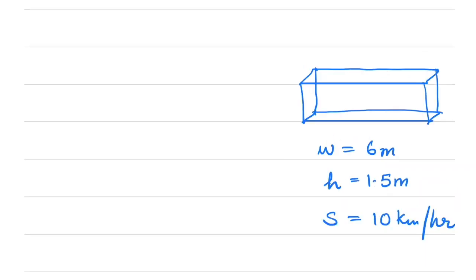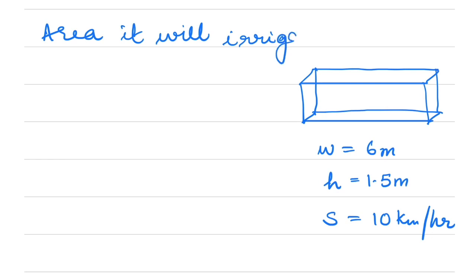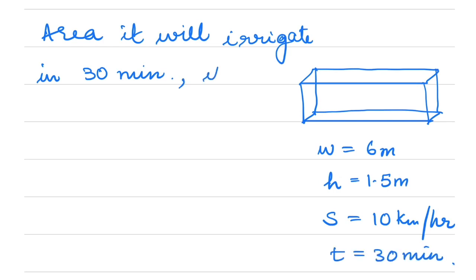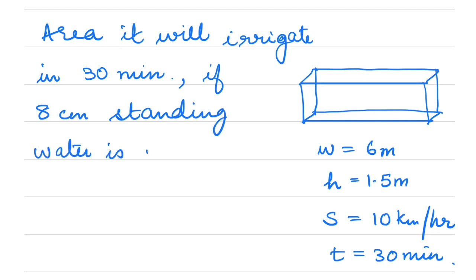And we have to find the area it will irrigate in 30 minutes. So time is equal to 30 minutes. And if 8 centimeter standing water is needed,